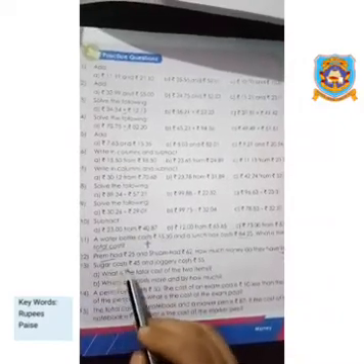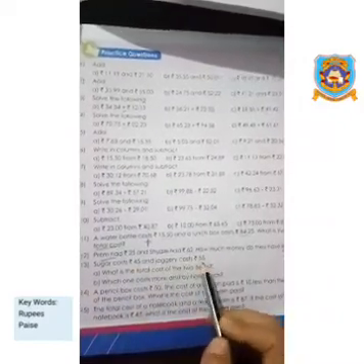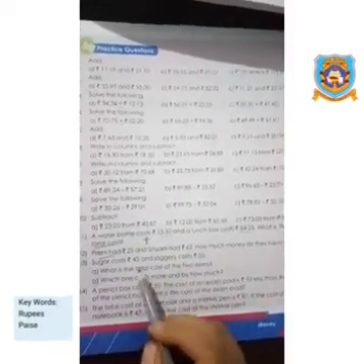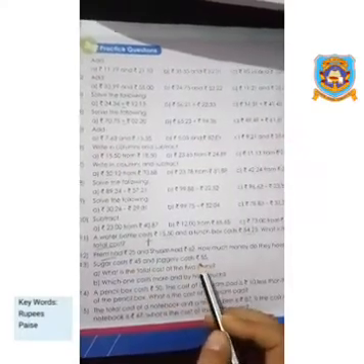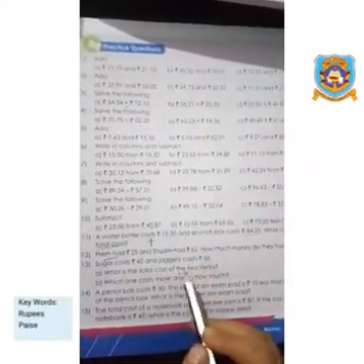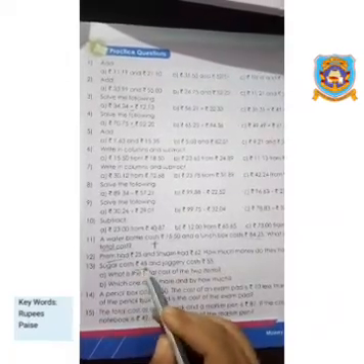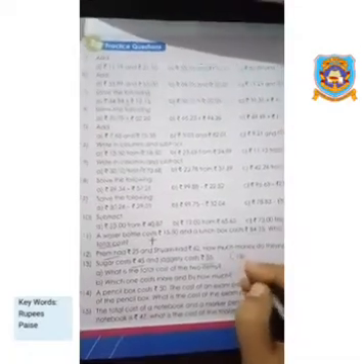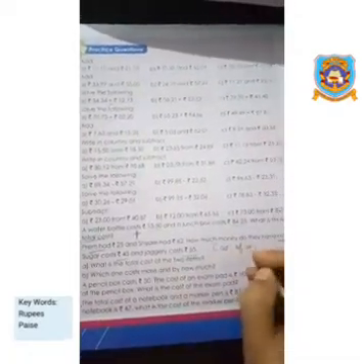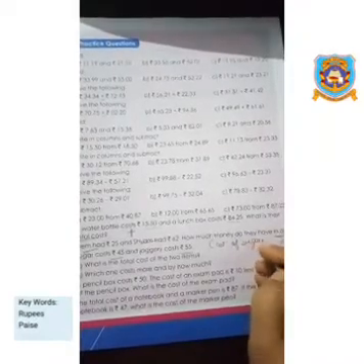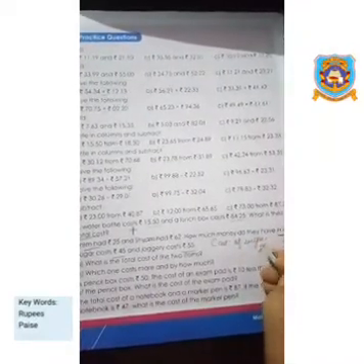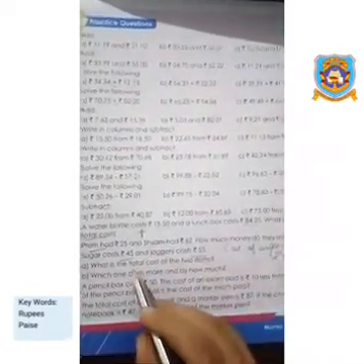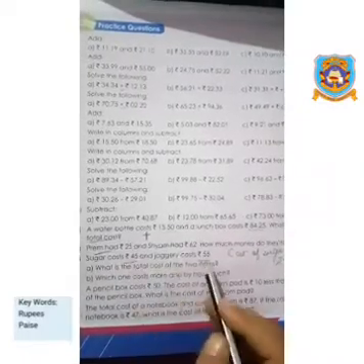Question number 13, sugar costs rupees 45 and jaggery costs rupees 55. So sugar and jaggery are two sweet products. The sugar is rupees 45 and jaggery is rupees 55. What is the total cost of the two items? You have to add. So statements you can write in your own words, like cost of sugar. I'm just giving the way how to write. Cost of sugar equals to 45. Similarly, cost of jaggery is rupees 55. Now the question is, what is the total cost? That means find the total of this.